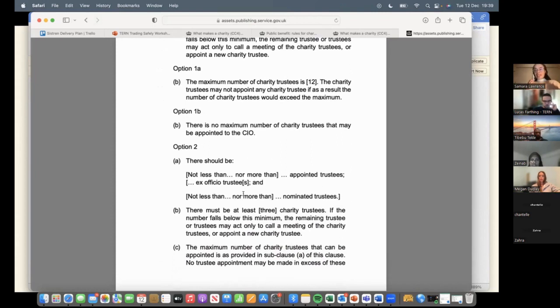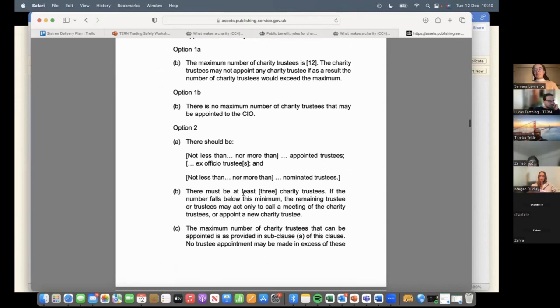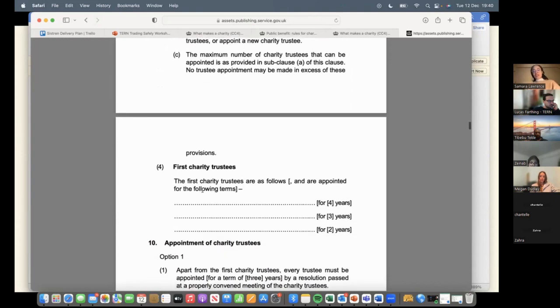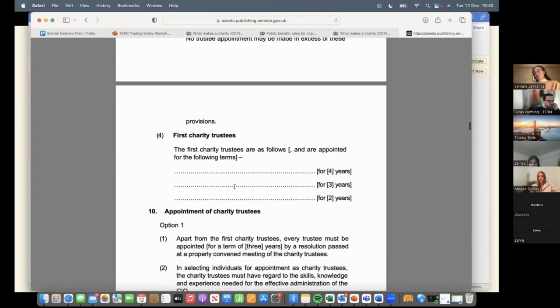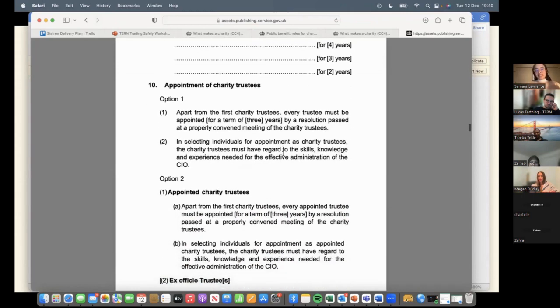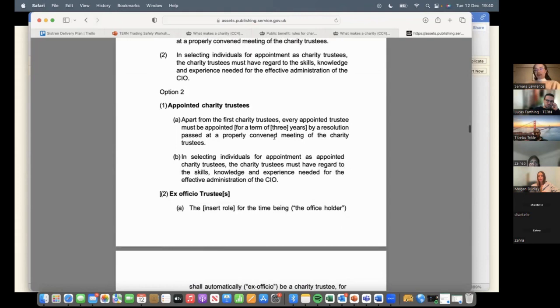So that's another big thing about charities, is the trustees will come in on a rotation cycle. So they might join the organization for 3 years, and then they have the opportunity to step down, or you might want to appoint new trustees. And you're basically saying, these are the 3 trustees I'm starting off with. This is how long they're going to be in office for. So 4 years, 3 years, 2 years. You don't want everyone doing the same amount of time because otherwise they all retire at the same point and you've got no trustees. So I'm just going through this really quickly.